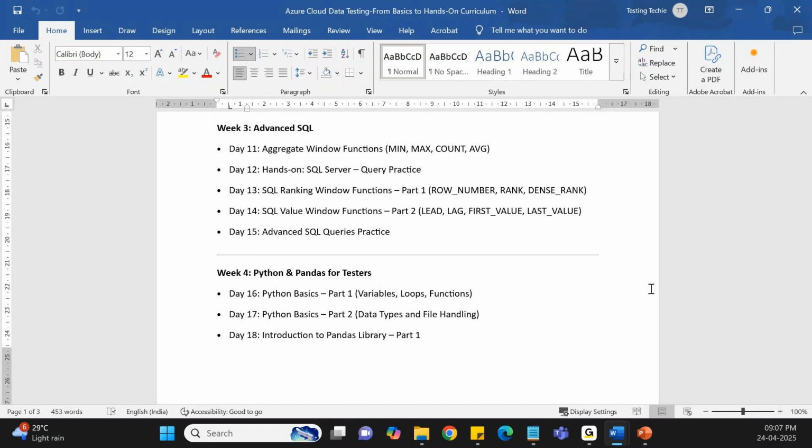Can you cover Airflow or any scheduling, maybe for half an hour? Instead of Airflow, we are only covering Data Factory. This course is prepared to utilize Azure's cloud services fully. If you are put into a project where Azure is being utilized, you will have hands-on experience in all the available Azure tools and services. That is what we are going to cover in this course. So Airflow will not be covered.